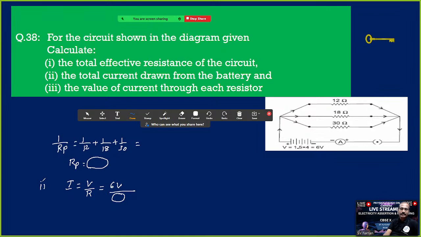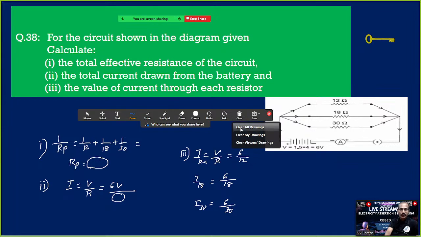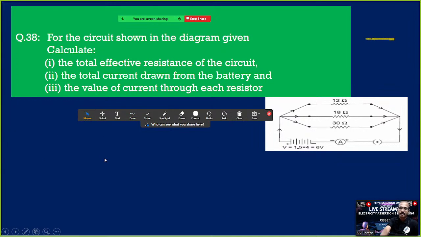Now this is the second question. This is the first question. The third question, value of current through each resistor. So as you know, I is equal to V by R. I across 12 ohms how much? I across 18 ohms, I across 30 ohms they are asking. So the common potential V is the same. So 6 volts by 12, again 6 volts by 18, 6 volts by 30. So we can get different amperes of current in the parallel circuit. Hope you understood how to answer this question. Next